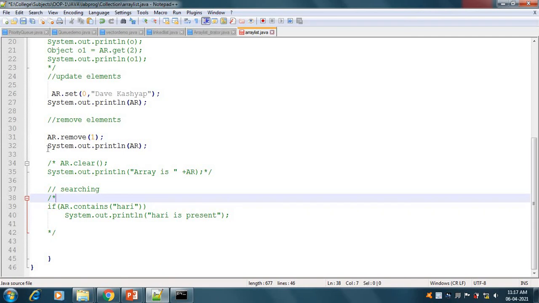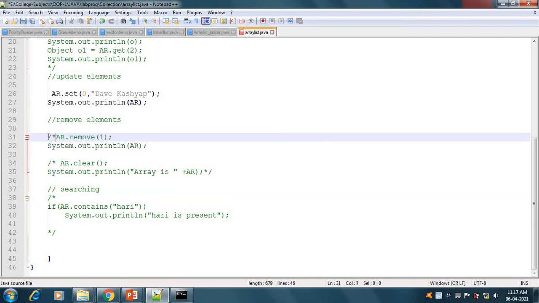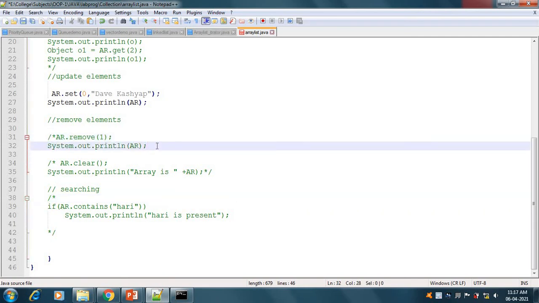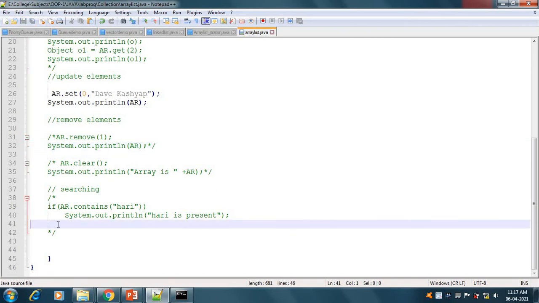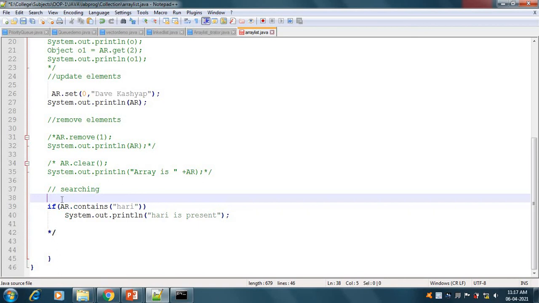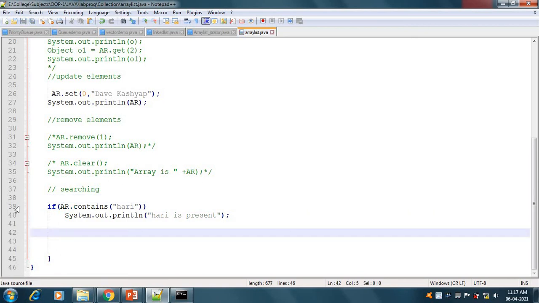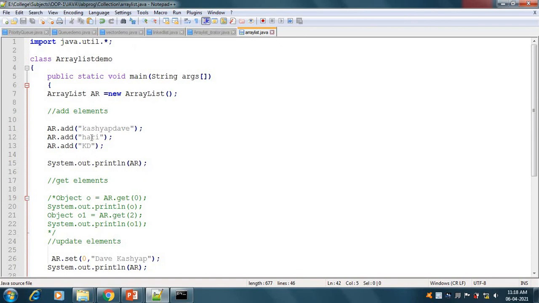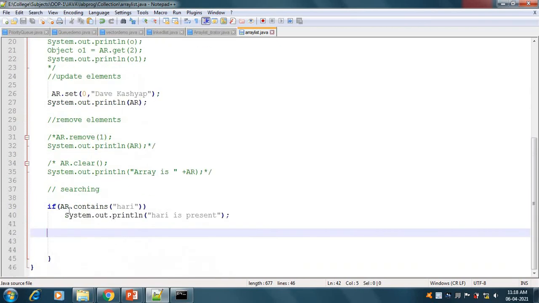The contains method will return whether the value is available or not, meaning it will check the condition. In my ArrayList, Hari is available at index 1, so I will check AR.contains Hari.